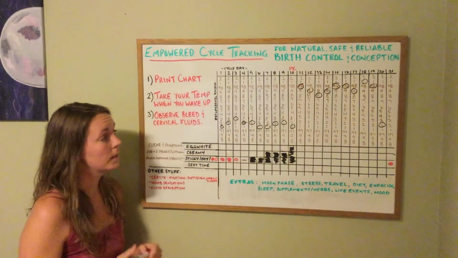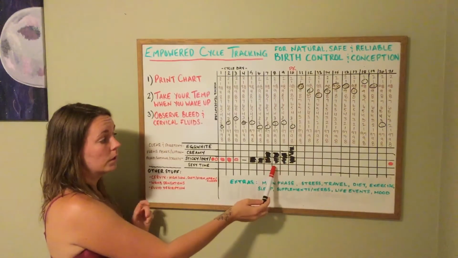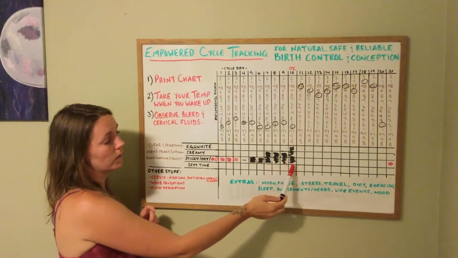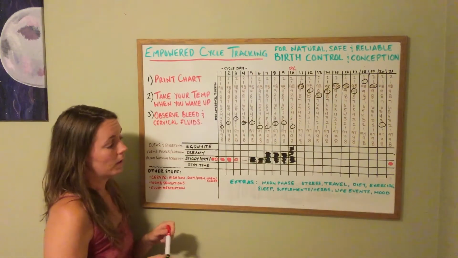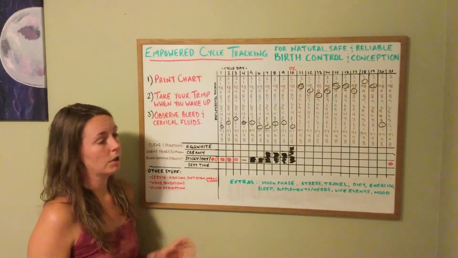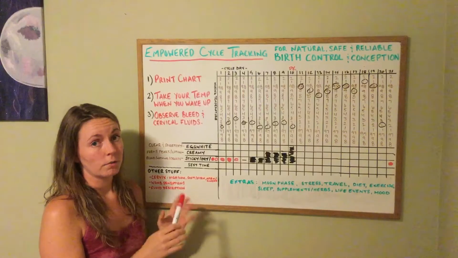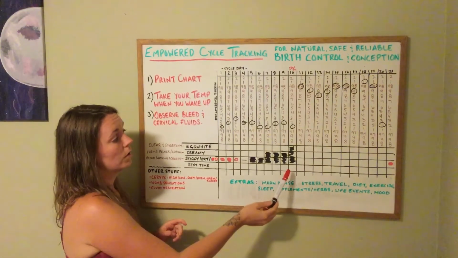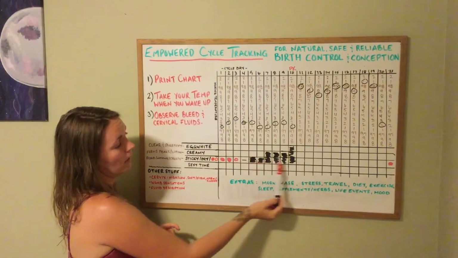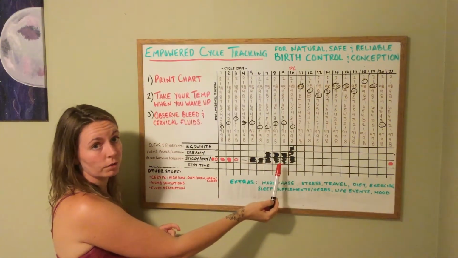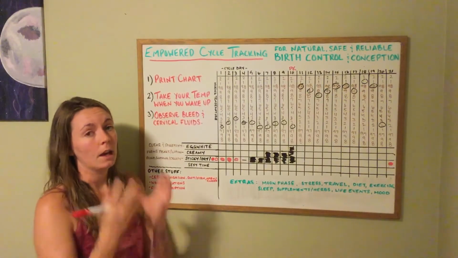So if you are trying to conceive, you want your partner to unload 2 days before that, so he has nice, fresh, healthy sperm on this day, and then make love on that day, and there's a high chance that you will conceive on that day. So if you're using this for birth control, you're not going to want to have intercourse on that day, or really any of the days where you have cervical fluid, because this is what keeps the sperm alive and carries it up